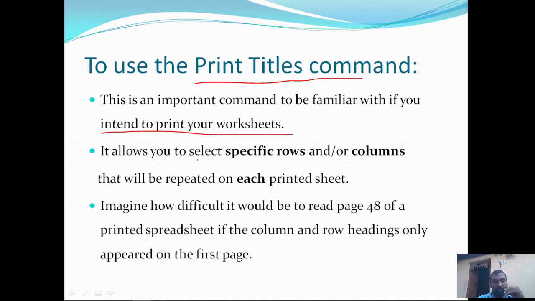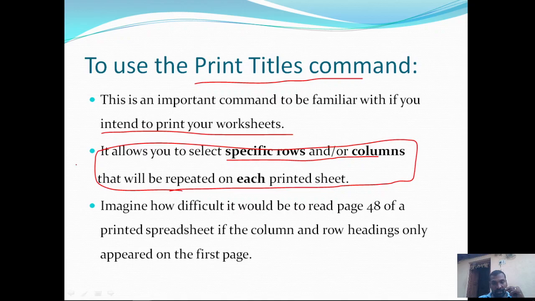It allows you to select specific rows or columns that will repeat on each printed sheet, so the row headings or column headings are going to be printed repeatedly on each page that we print.